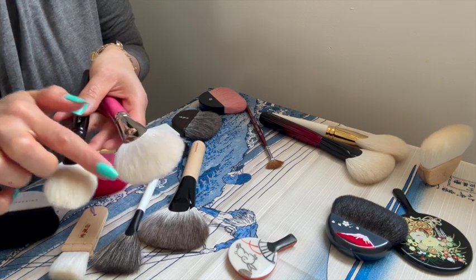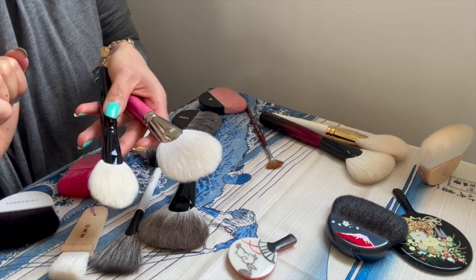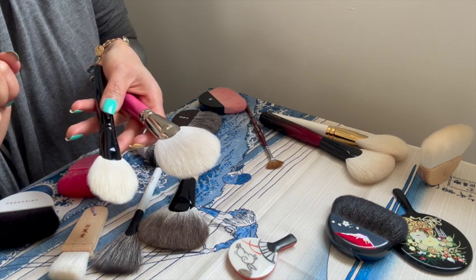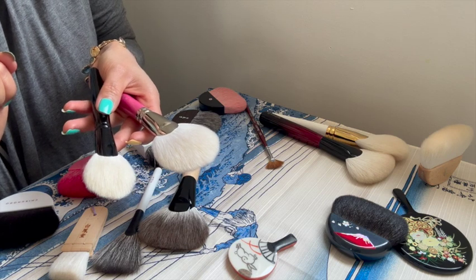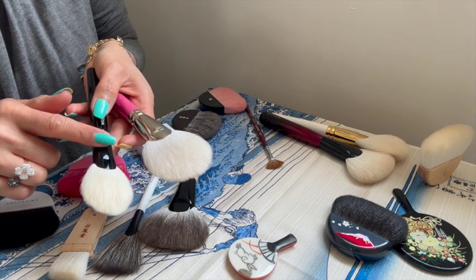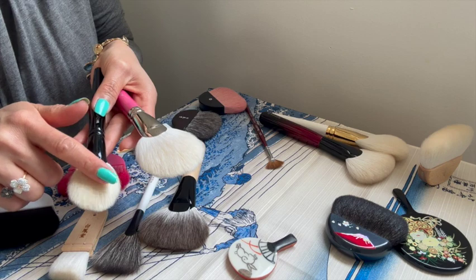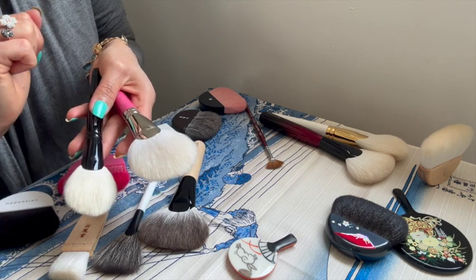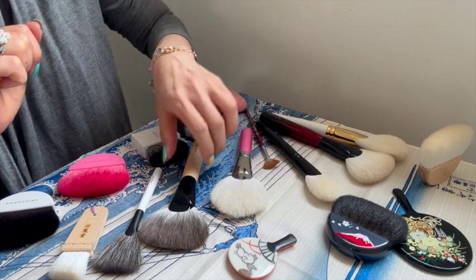This is goat hair, and it was not specified by the OEM, but by the reseller of the brand Wayne Goss itself, the reseller being Beautylish. It was not specified, I believe, but I do know that this was labeled as goat. We have the Takeda,